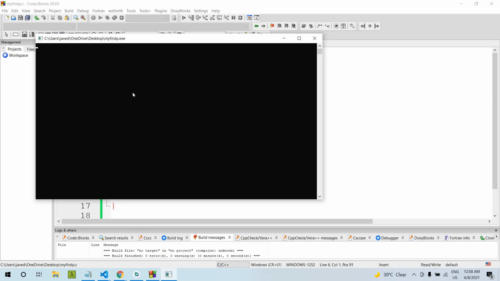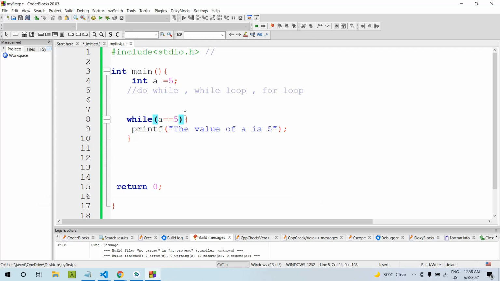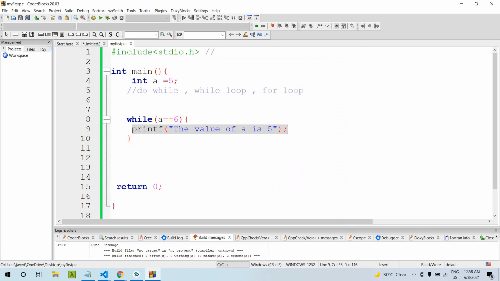So while a is 5, you can see here. And while a is equal to 6, you can see this statement did not get executed because the condition was not met, since the value of a is 5.